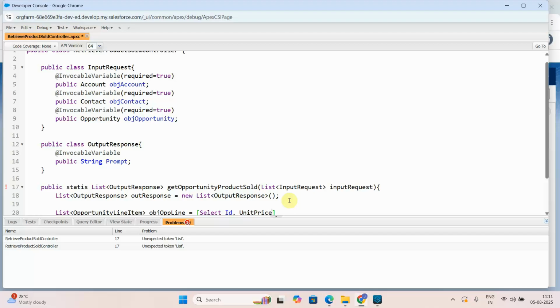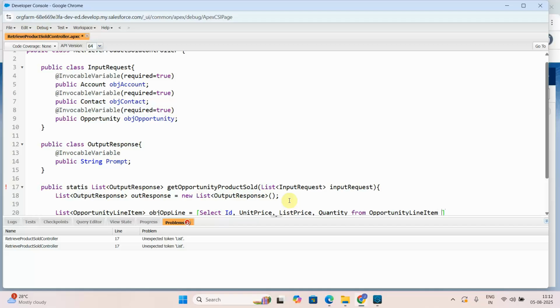So you can get this variable name, right? I remember it, list price, quantity. Make sure the spellings are correct. Quantity from opportunity line item,